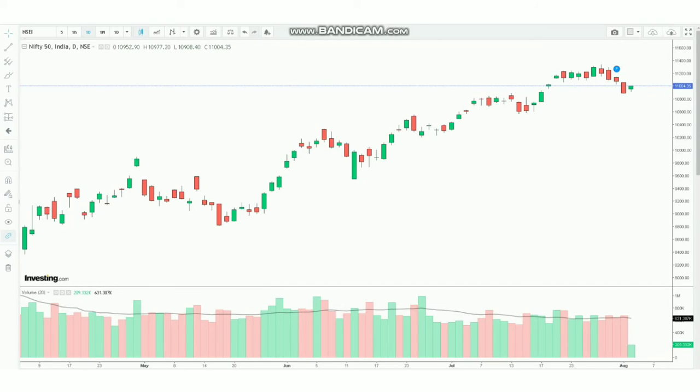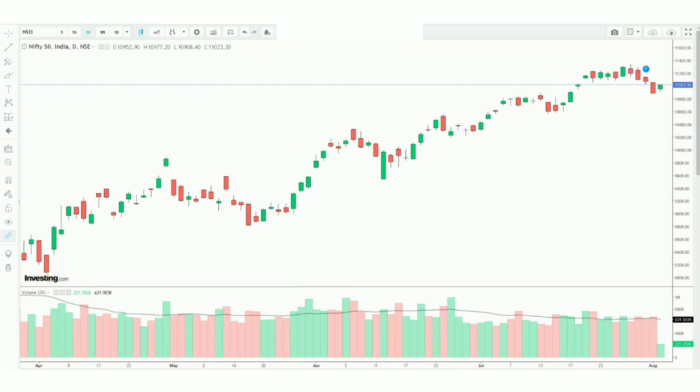The candlesticks represent who is taking control of the price, whether the buyer or the seller. When the buyer takes control of the price, the candle will be green, and when the seller takes control of the price, the candle will be red and it becomes a bearish candle. When the buyer takes control, the candle becomes a bullish candle.